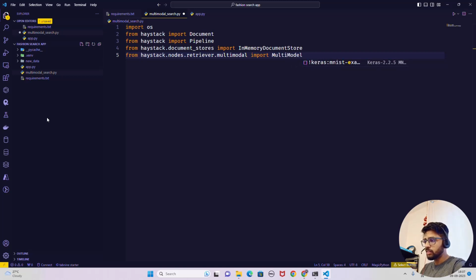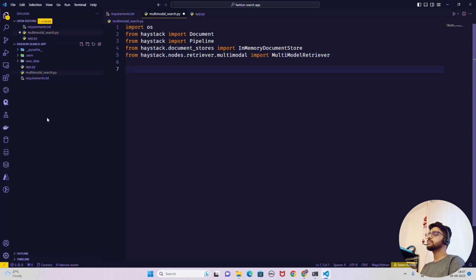I don't know why it's not suggesting multimodal retriever. Let's see. I hope I spelled it correctly. Okay, these are the requirements, the libraries and the modules that we need